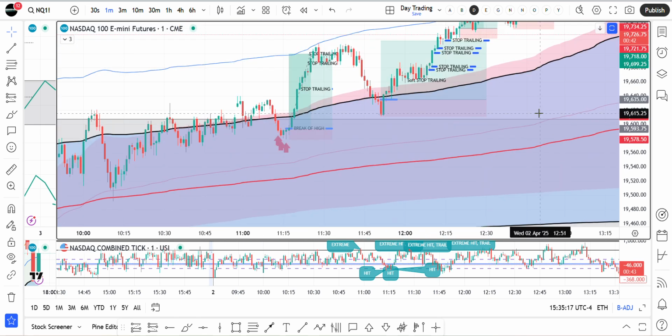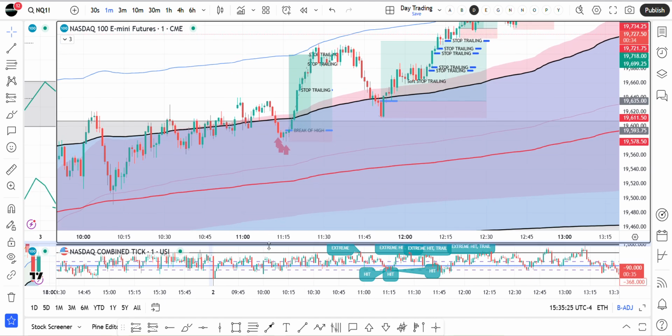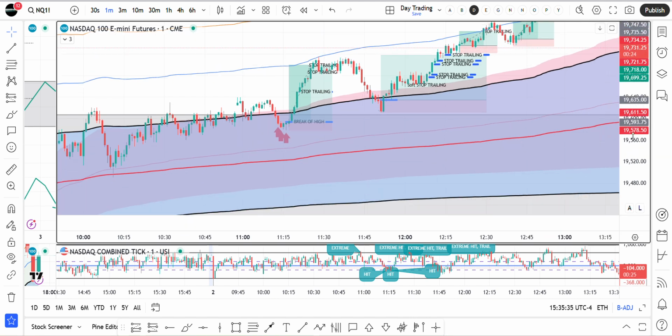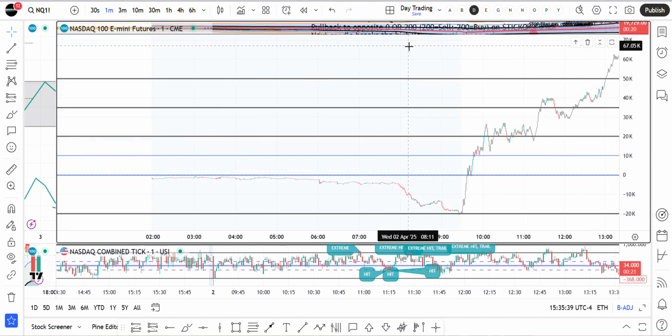I actually have this on a different screen usually. So I'll have a 1 minute and this combined tick on one screen, and then 3 minute, my market profile, my other tools that I'm using, and my CVD, which is cumulative volume delta. Let me just show you this. So CVD was telling us